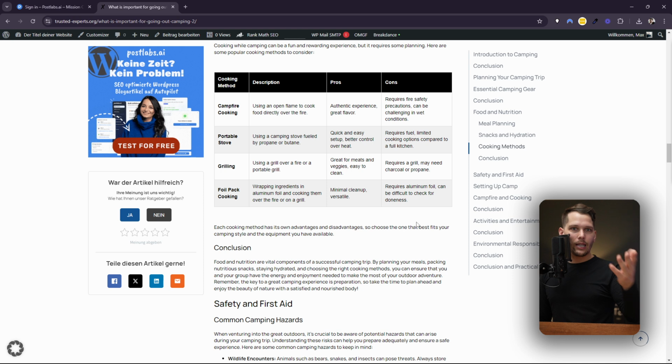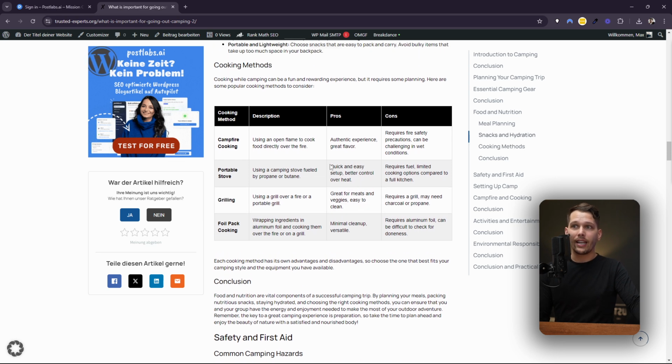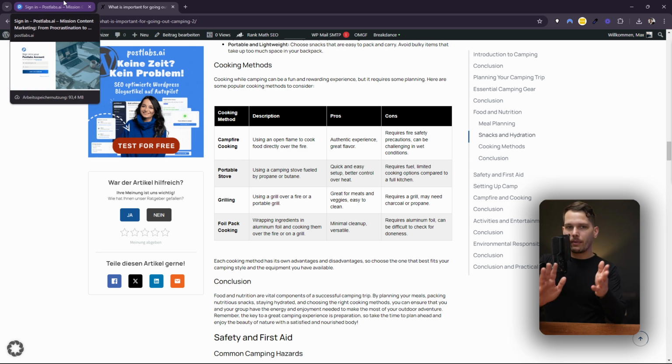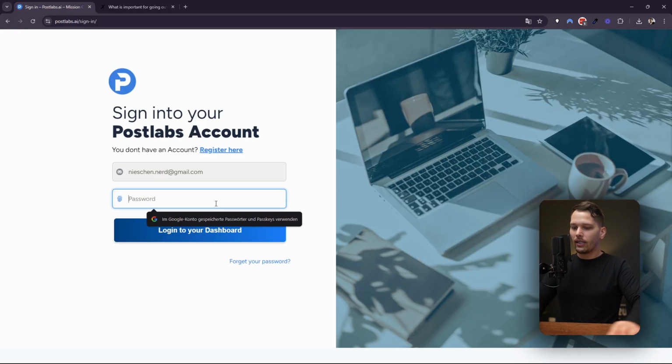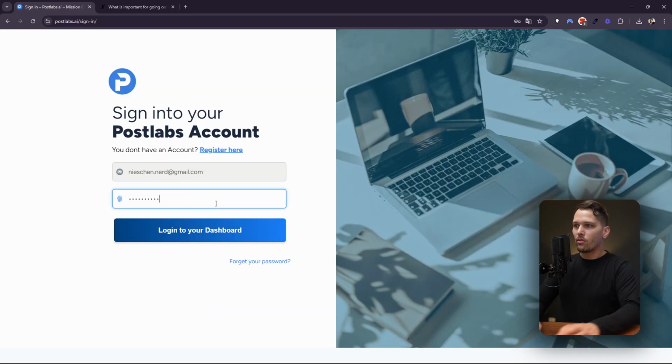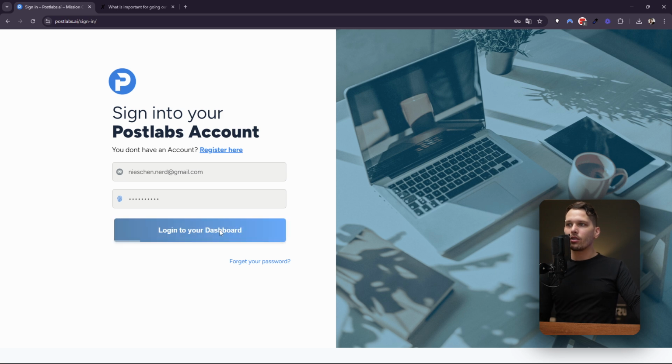So in Postlabs, you can choose whether you want to have, for example, listicles, these tables, conclusions, bold, whatever. You can choose that in Postlabs. And to show you that, maybe simultaneously, the article and Postlabs, let me log into my account so I can show you how